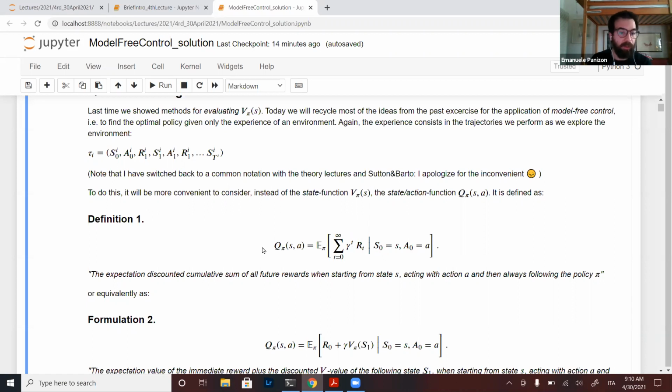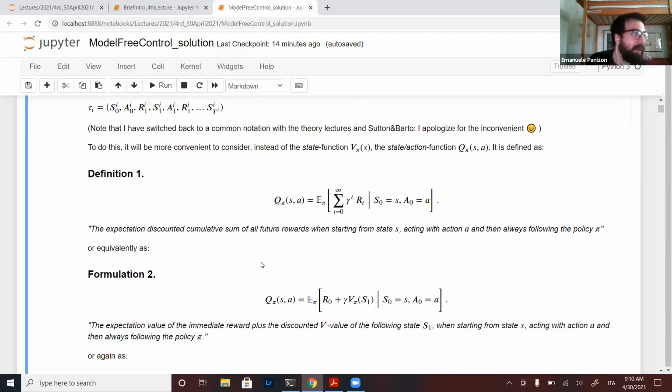So the Q value for a state and action is: I am in the state, I'm doing that action first, regardless of what my real policy is, and only afterwards will I follow the policy. So basically, it's the same as the value, but the first action is given.